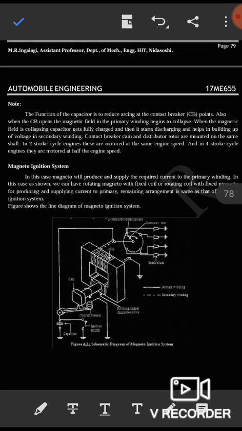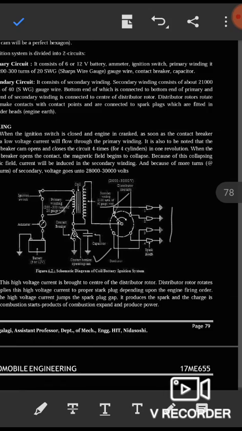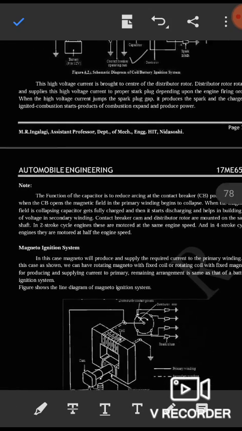So likewise, this is how the battery ignition system will work. And now